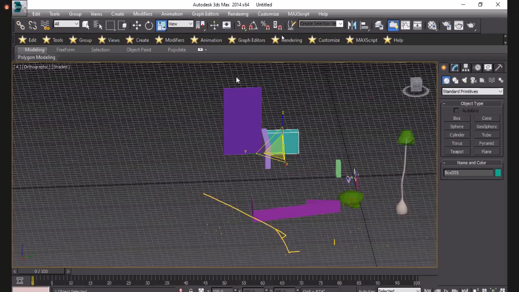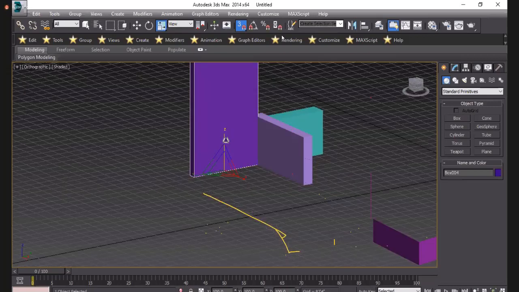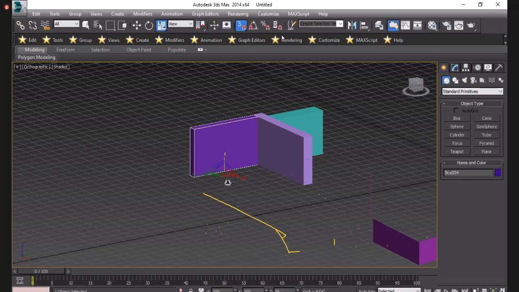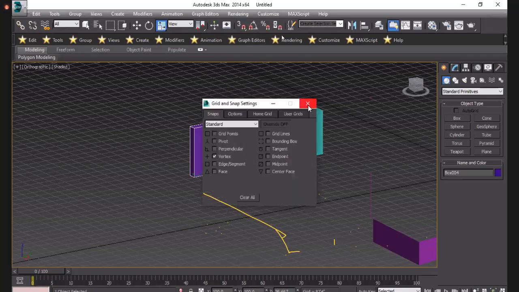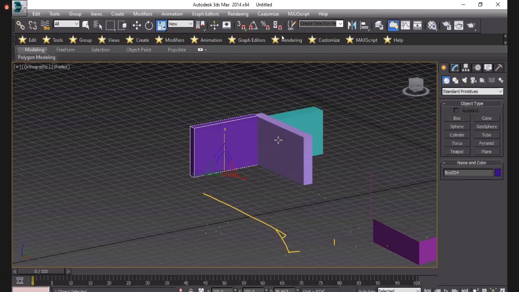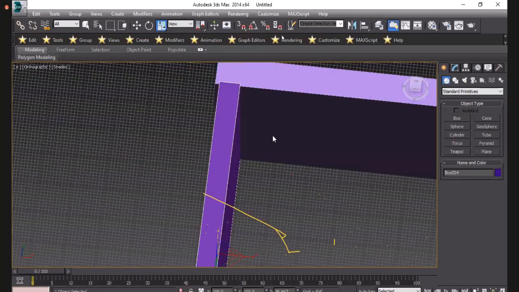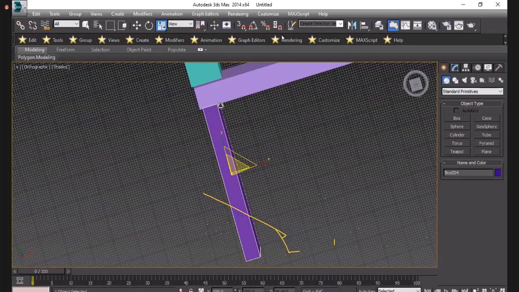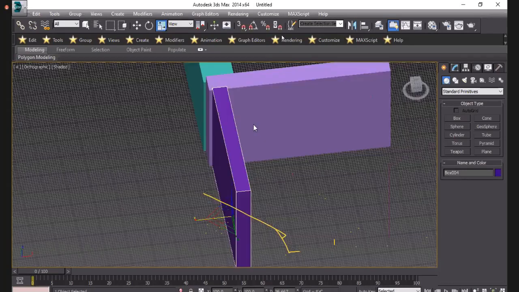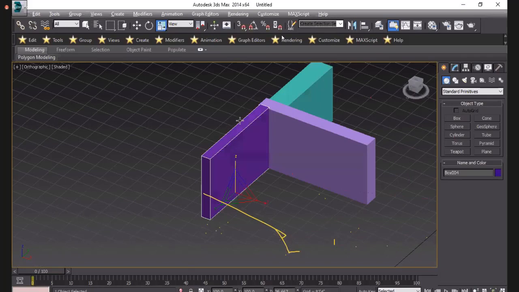And here on your screen, you can see the snap toggle. This snap is used to select the edges and the vertex points of your object.